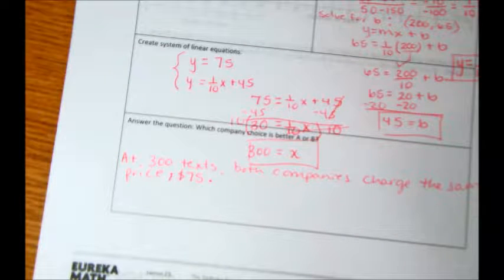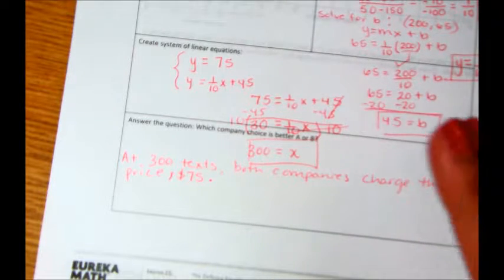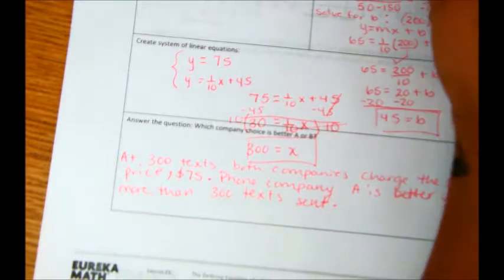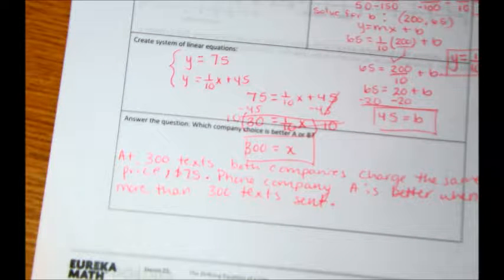Second prompt: at what number of texts is phone company A the better choice? We're told that company A's bill is always $75. Company B's bill gets to vary from time to time depending on the number of texts. So because both of them are $75 at 300 texts, that means that phone company A's rate is always better when there are more than 300 texts. All right, so we've answered the second prompt. Our third prompt: at what number of texts is company B the better choice? So company B is the better choice when